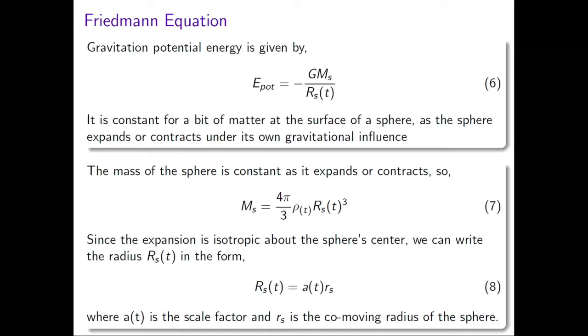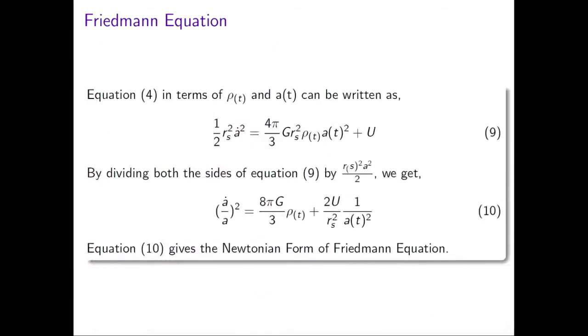We have seen the co-moving coordinates in the previous lecture. So people who are watching this can also refer to my previous lecture to understand what co-moving coordinates and co-moving radius are. So we make these two substitutions for mass and radius in